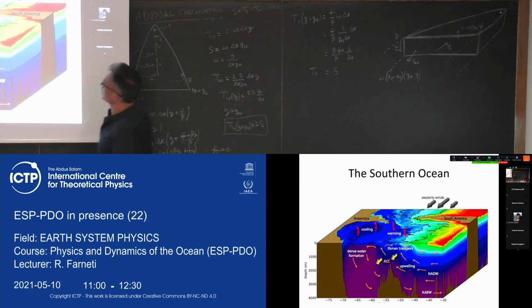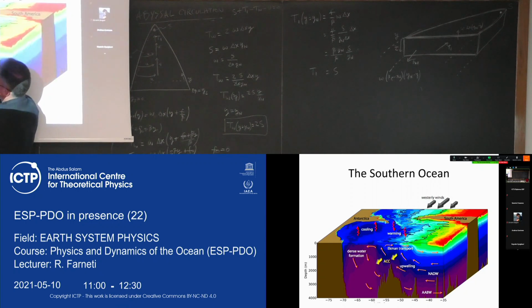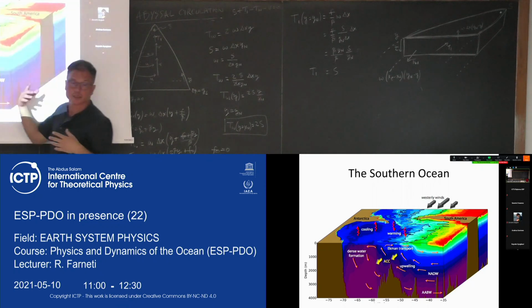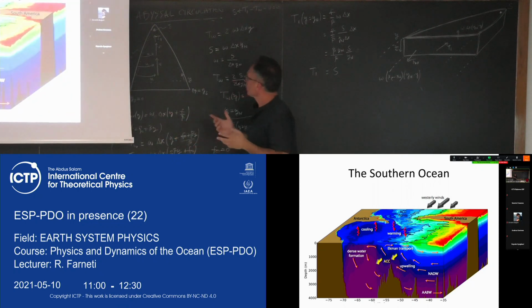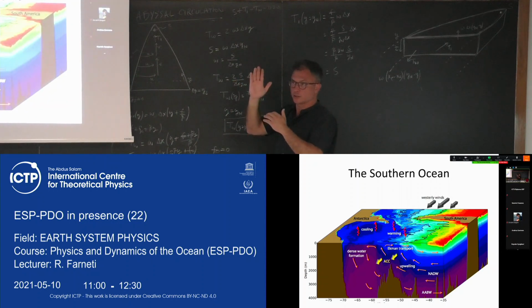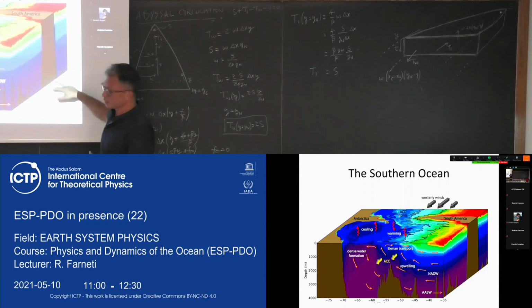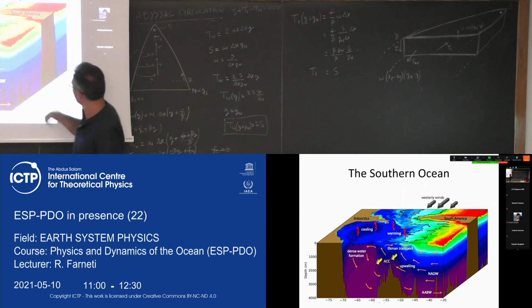So what is happening here in the Southern Ocean is that you have warming and cooling, and that tilts the isopycnals, but also a lot of wind stress that generates the Ekman pumping that tilts the isopycnals even more. And so this North Atlantic deep water rises back to the surface following isopycnals, so it doesn't need diapycnal diffusivity. It doesn't need this, I don't have it here, that kappa V to upwell the water across the isopycnals. Okay? You can close this loop here without diffusivity, because this North Atlantic deep water